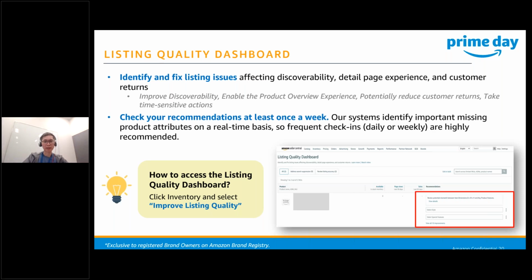As a recommendation, you should check the Listing Quality Dashboard at least once a week to see what the recommendations are, or whether there are any actions you need to take so that it won't impact your listing on Amazon.com. So do check it often.